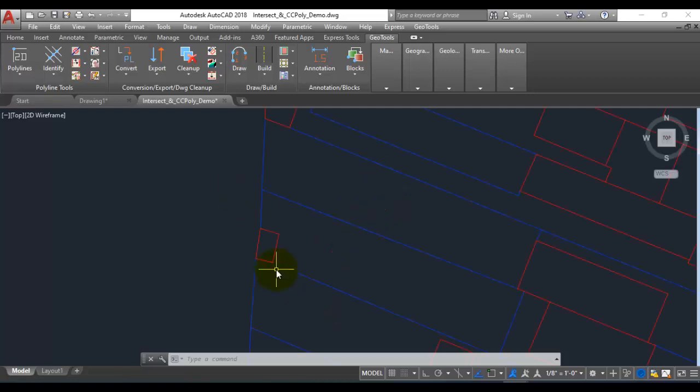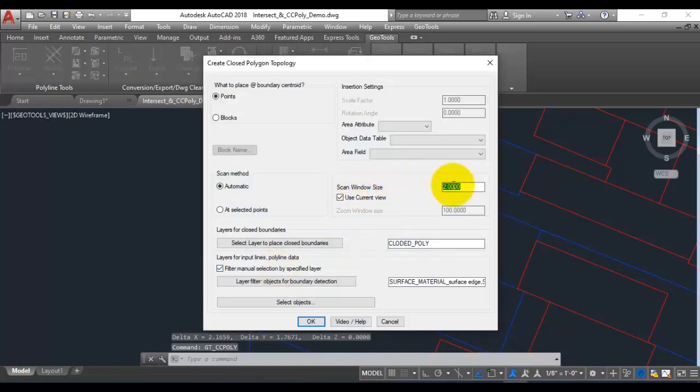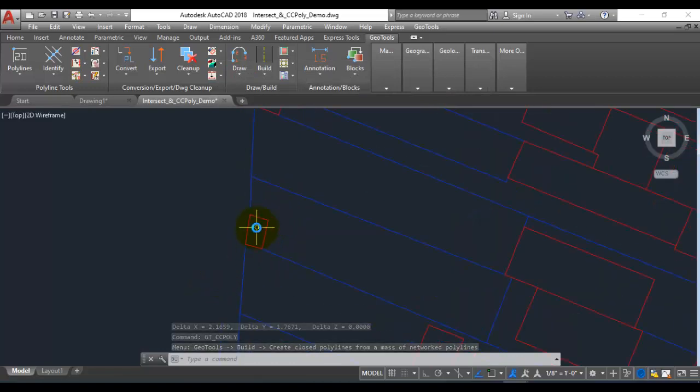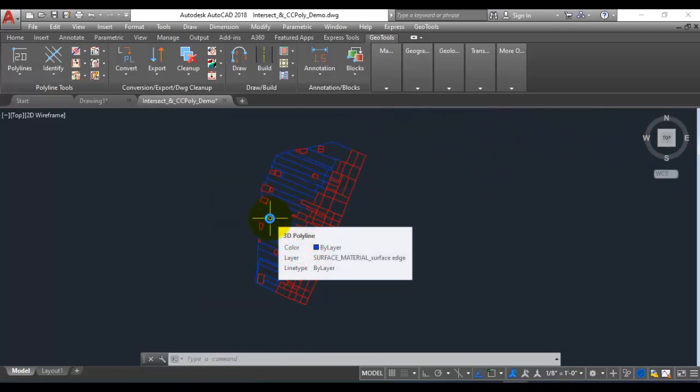The initial value of 2 units which I gave for the window size, if you can see here, scan window size I have given it as 2. This was set based on the probable value of the smallest polygon that I am going to process. Since I've given 2 units as the scan size, I am going to be sure that even this small polygon is going to be captured while processing is done. That is the basis on which you need to set the value for the window scan size.